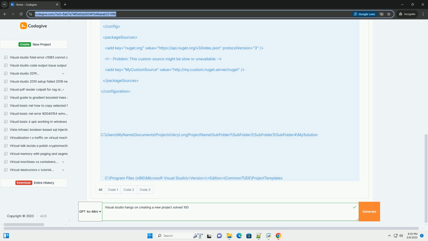1. Extension conflicts. Third-party extensions are a primary suspect. A malfunctioning or incompatible extension can interfere with the project creation process. 2. Corrupted Visual Studio installation. Some core components of Visual Studio might be corrupted, leading to instability. 3. Outdated or corrupted NuGet package cache. Problems with the NuGet package manager and its cache can block project initialization. 4. Antivirus interference. Aggressive antivirus software might be scanning or blocking Visual Studio processes or files during project